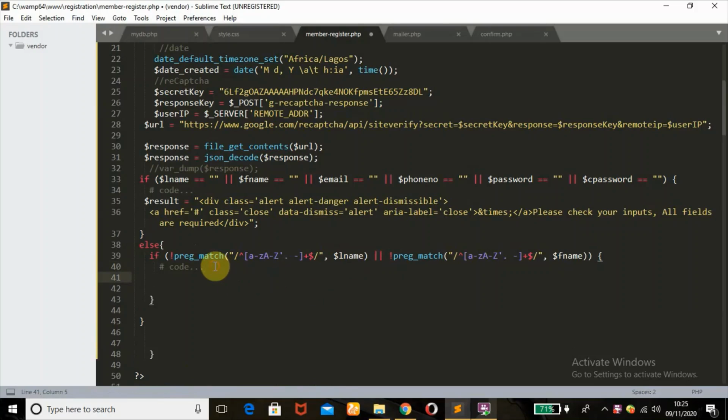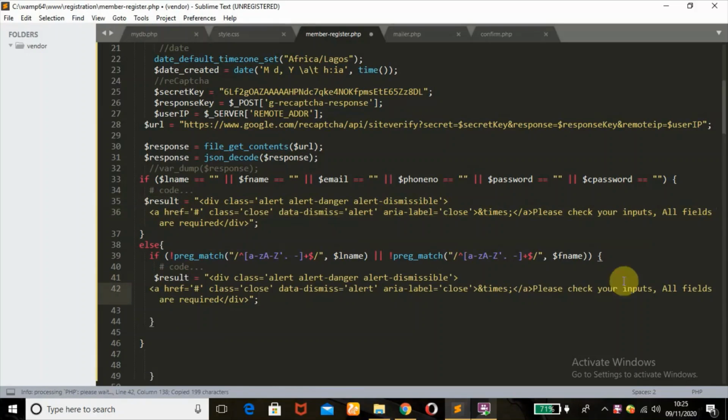Okay, if it contains any numbers, it will echo an error. Okay, so I'm going to copy this, paste it there, and change the text. So this should be last name or first name